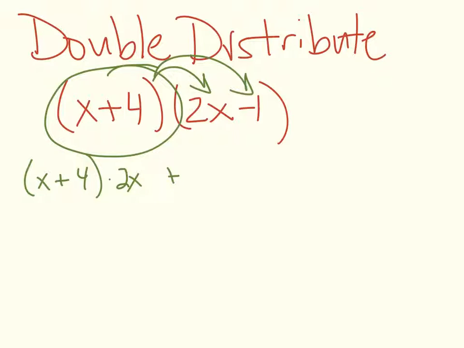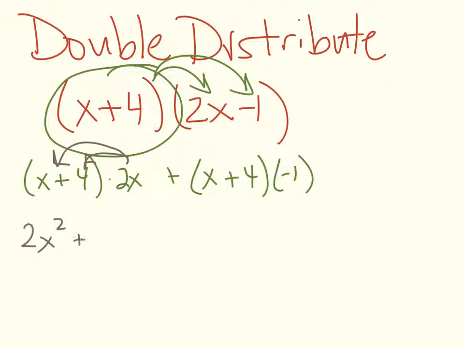And then we're going to take the x plus 4, and we're multiplying that by negative 1. And now we distribute one more time. This 2x gets multiplied in. So we have 2x squared plus 8x. Then we're multiplying the negative 1, and we're distributing that number: minus 1x